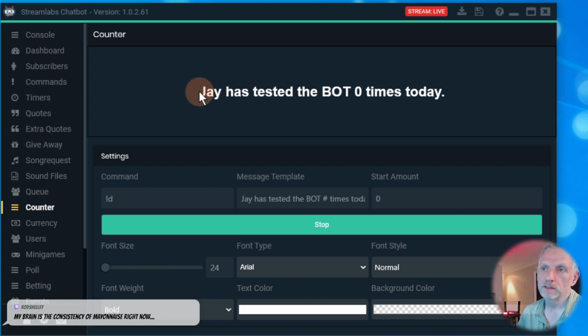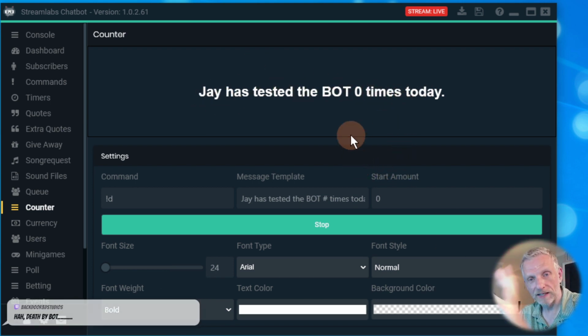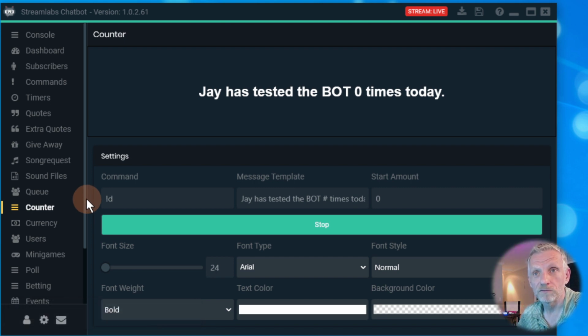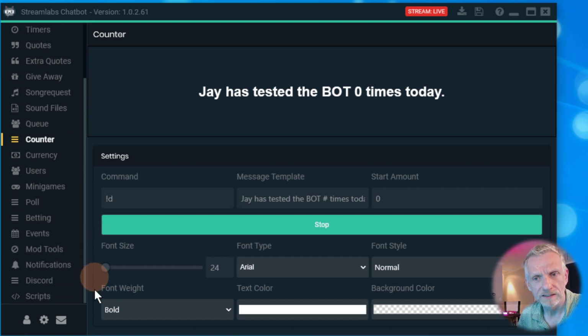You can also configure this text at the top here so that you can then overlay that in massive letters on your stream. But it's also not really why we're here. I'm here because I'd like to see if we can figure out a way to sift out words. And I must say, I don't really know where to look for that. Maybe we can work it out together. Mod tools. That's probably where I'd have a look.